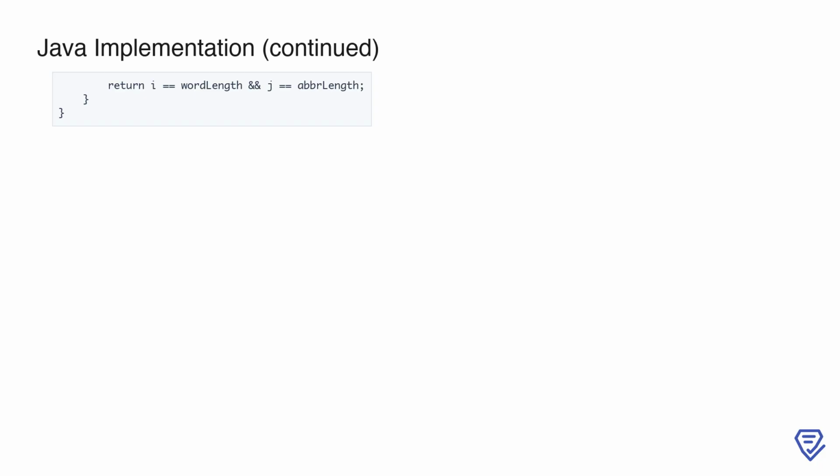Finally, we return the result of the condition i equals word length and j equals abbr length. This ensures that we have processed both the word and the abbr entirely, with no extra characters left unaccounted for in either string. If both pointers have reached the end of their respective strings, it means the abbreviation is valid. Otherwise, the abbreviation is invalid, and we return false. This implementation efficiently handles the logic for abbreviations by iterating through both strings while adhering to the rules for valid